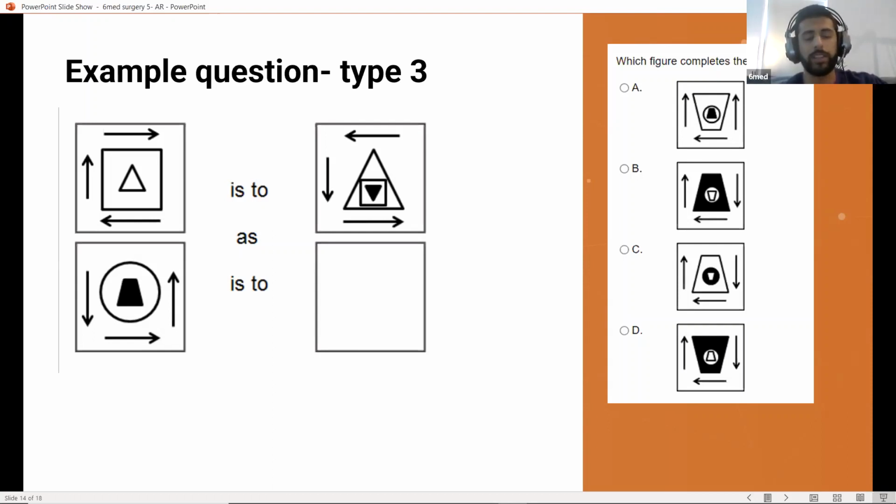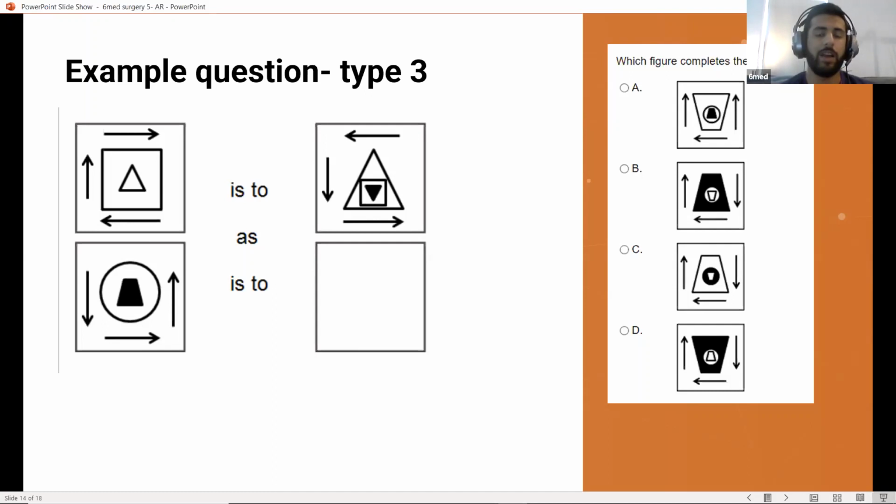We then look at what's going on with the middle shape. We've got a square on the outside and a triangle in the middle. And then we have a triangle on the outside, a square in the middle, and then a tiny triangle right in the middle. So it looks like they've flipped the shapes here. Whatever's in the middle on the first shape then goes to the outside, and also the innermost shape. Hopefully that makes sense. So if a triangle is in the square, then when they've changed it, the triangle goes outside, the square goes inside, and then there's a small triangle as the innermost shape as well. But that innermost shape is different. It's upside down and it's now black.